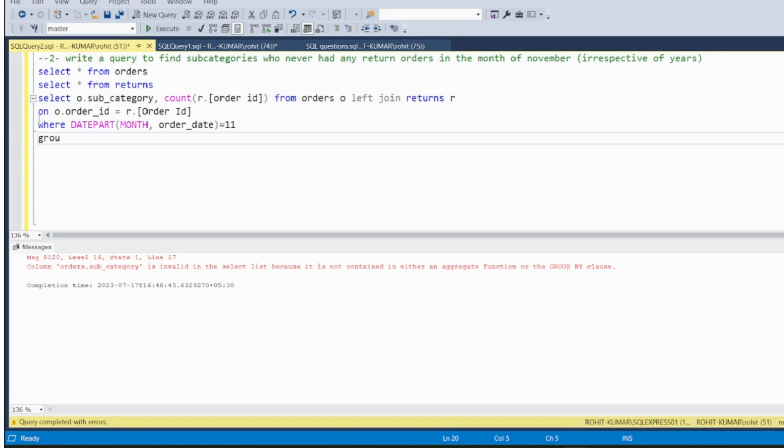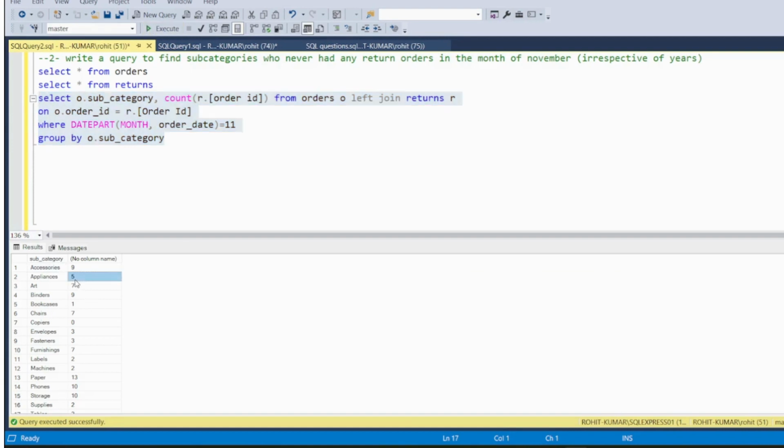Okay, we have to put a group by here because we are aggregating, and do the subcategory. Let's now run this. So here you can see, in the November month of all the years, we have accessories where the number of returns is shown. Why are we using r dot order id, not o dot order id? Because if we use o dot order id, then all the orders from the orders table will come. If we use r dot order id, all the order IDs which are coming,